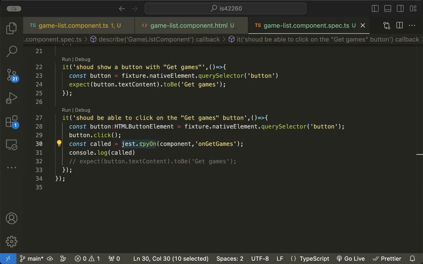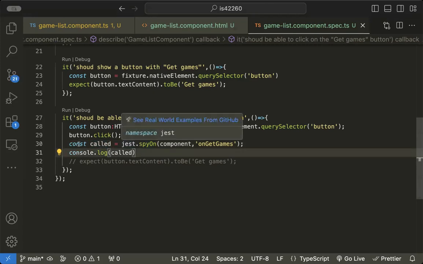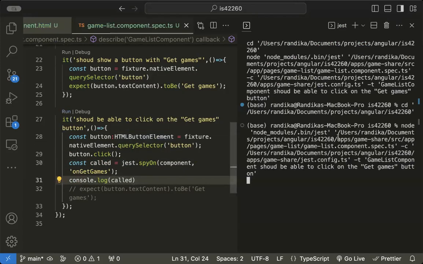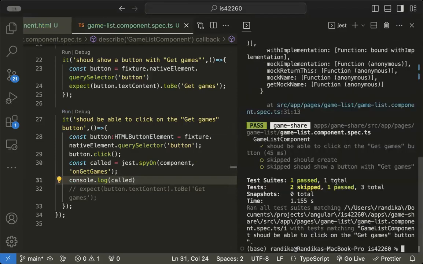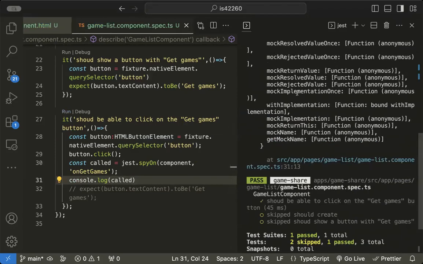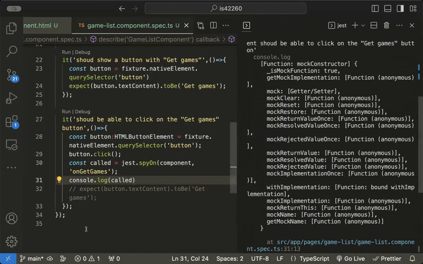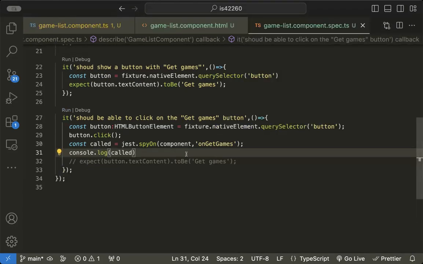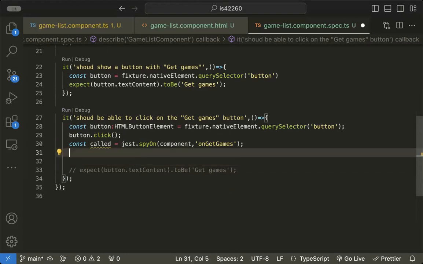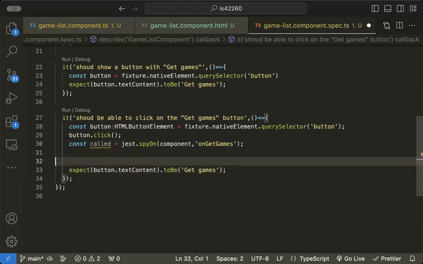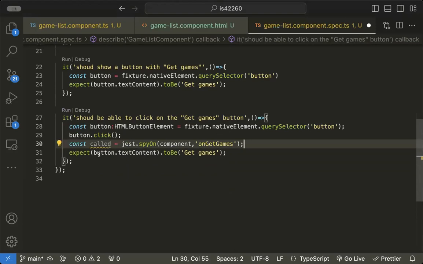Okay, so we need to get the spy on in here. Let's see the spy on first. I think we should be able to get no errors because we haven't mocked anything. So the next thing that we need to do in the test case, we are going to be writing something like this. So we are expecting